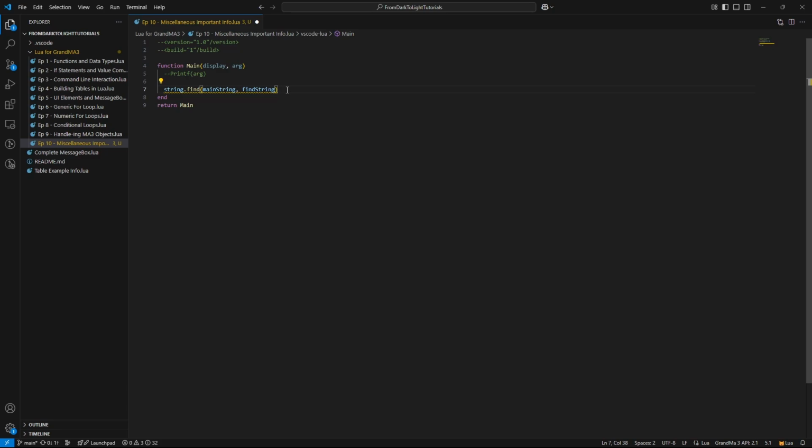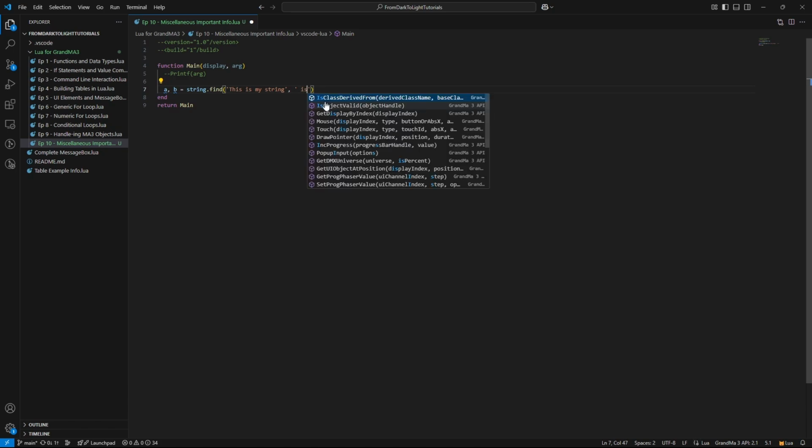So if I do A, B equals string.find, I'm going to replace this with a string. This is my string, and then I'm going to replace this one with space is.